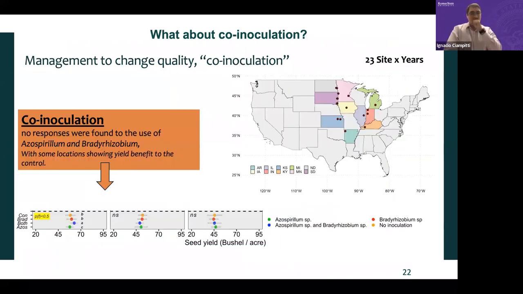We did a similar study looking at co-inoculation. There were many questions about combining Bradyrhizobium with Azospirillum in this case. We did many studies in many locations on this co-inoculation to see if we can have a growth effect. And what we are seeing is very little effect in many situations. If you compare all the treatments with only Azospirillum or Bradyrhizobium or no inoculation, we see that in situations where we have soybean growing before, even without inoculation, we have the same yields as with the co-inoculation.